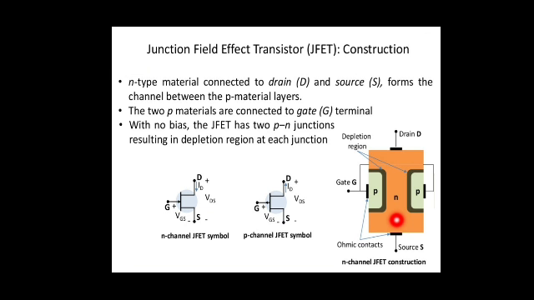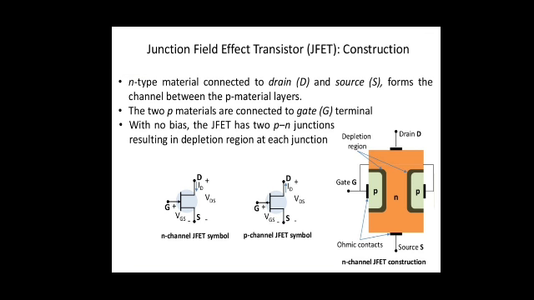So for that purpose, at the source end you will be giving a positive voltage, and at the drain end you will be giving a negative voltage, and due to this what happens, the current will be moving from the holes. As it is a p channel, you will be having holes, not electrons.